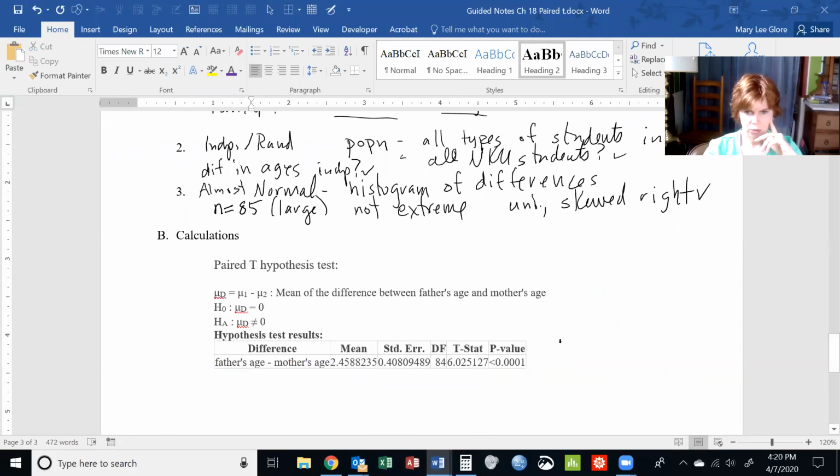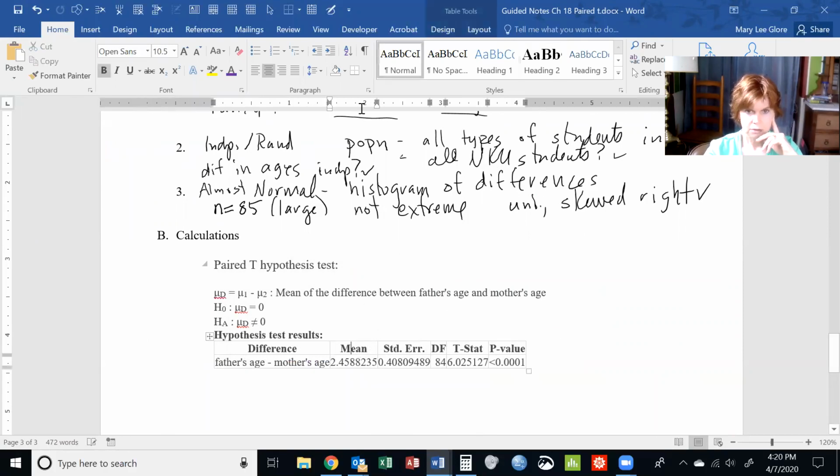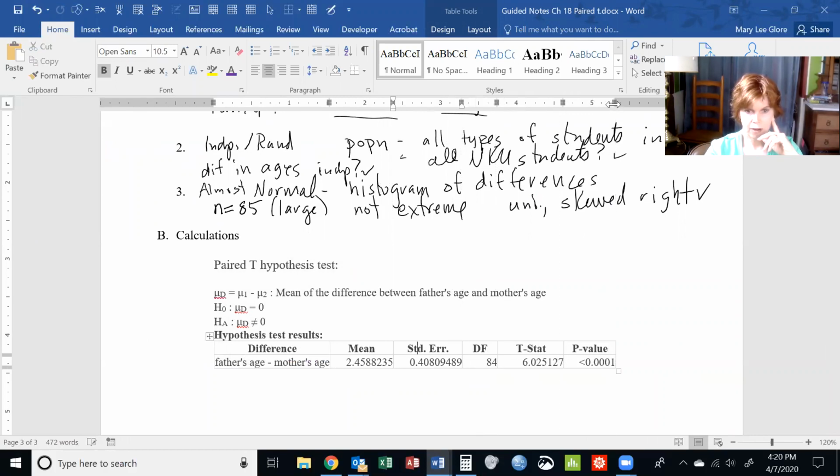Okay, so again, what do we got here? I got the mean is 2.46 years. The standard error, which is SD over the square root of n, like that, 84. So this guy right here,